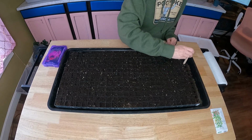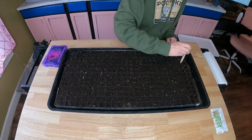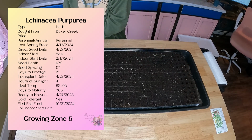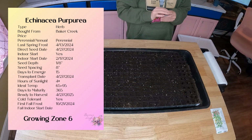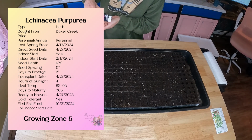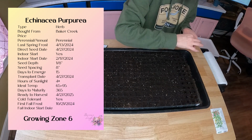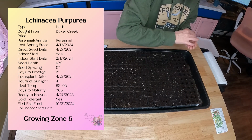Today we are going to be starting a ton of herbs. Our first herb we are starting is Echinacea purpurea. I got this from Baker Creek, and last year they were just massive and gorgeous, and I loved them. These are a perennial, and they will spread because they can drop seed if you don't collect all the seed